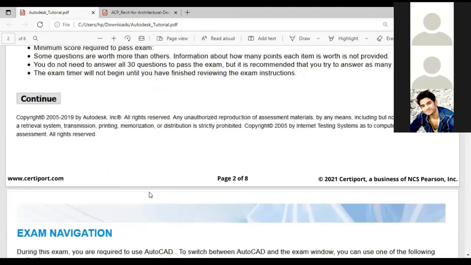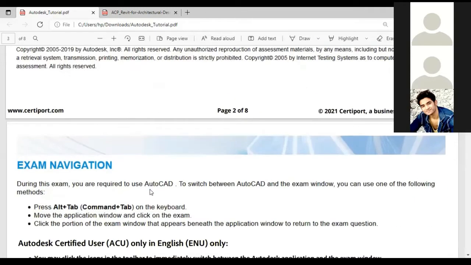To write an exam, you need to register with an ATC center, an Autodesk Authorized Training Center. Only through them can you write the Autodesk certified exams. You also need to create an account on Certiport, where you can download the certificates after passing the exam.